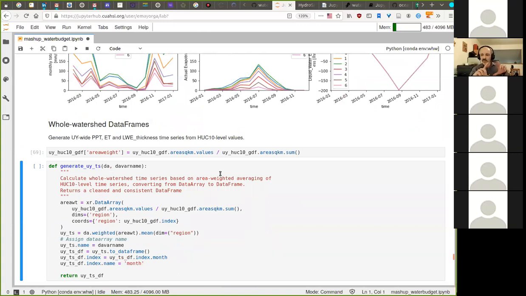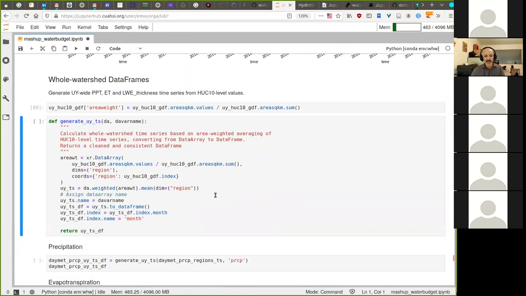So I'm starting with sub-watershed level time series and calculating a watershed-wide time series. To do that, I need to do area weighting. In other words, the relative area of each sub-watershed compared to the total area of the watershed. And that's what this is doing. And I create another convenience function to do this. There's the weighting, a data array that defines the,